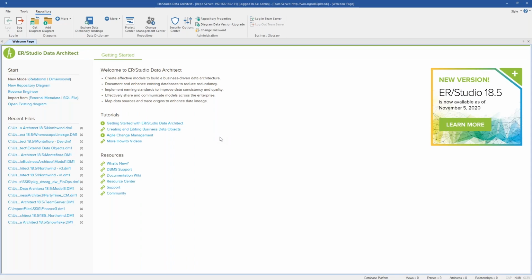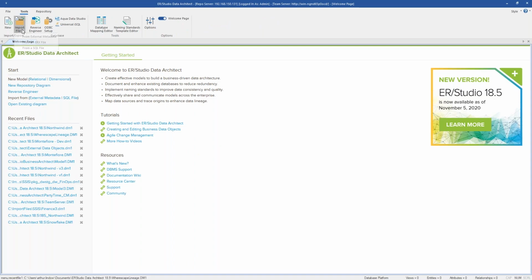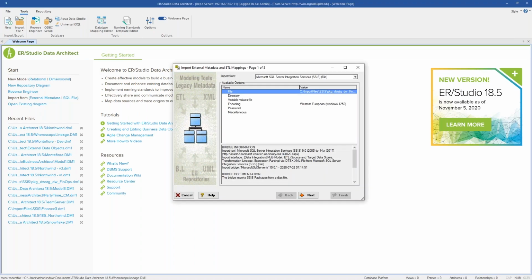Now, there are 2 ways of going about it. ADS can export, and the reason there's a nice overlap here is that ADS supports many of the platforms that ER Studio also supports. So in ADS, you can script out your databases, your platforms for those, and ER Studio can then ingest those via a metadata bridge here. And with Enterprise Team Edition, of course, you have this ability to import from an existing metadata bridge. Now you can export that DDL and you can import that DDL